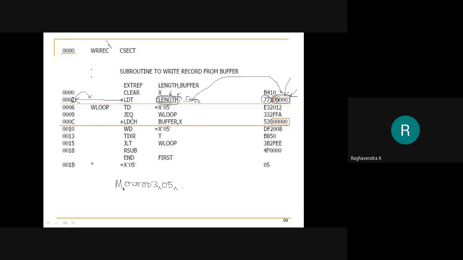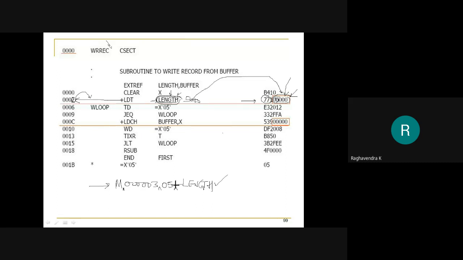Now I will specify what operation I'm doing, say adding or subtracting. Here I am adding. The loader should add the value of LENGTH. This is information for the loader, correct? The modification record is information to the loader so that it does this modification. So I will put plus, which indicates that you are supposed to add something. What are you supposed to add? You are supposed to add the value of LENGTH. Okay, so this is the modification record generated for this instruction.